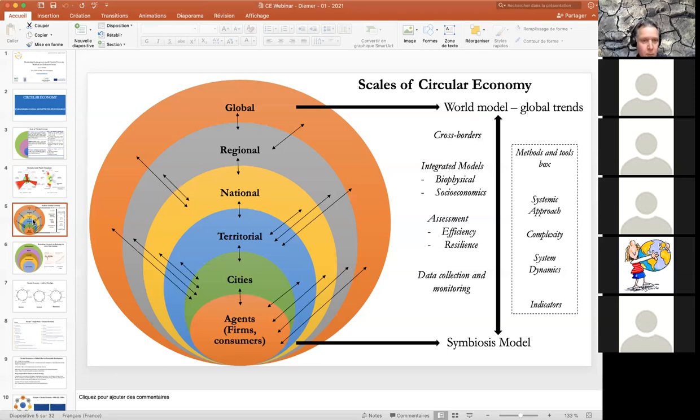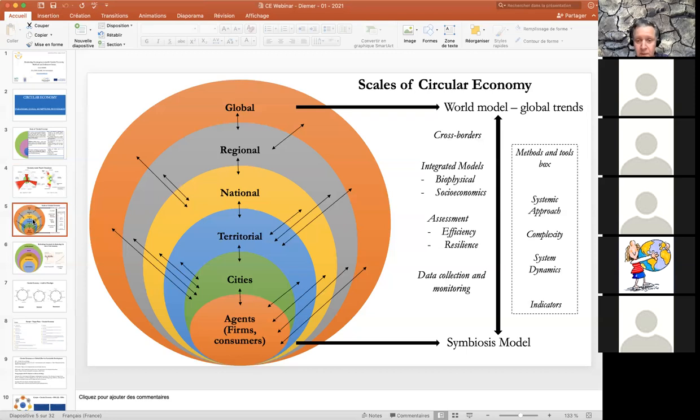For the moment, we really talk about efficiency. And if you check the different steps from Europe since 2015, we are really focused on resource efficiency. I'm going to show you that it's important, but at the same time, we know it's very hard to balance efficiency principles with resilience principles. Sometimes when you improve efficiency, you reduce resilience, or maybe you reduce some other assessment you want to evaluate in the models. So the question of assessment is very important.